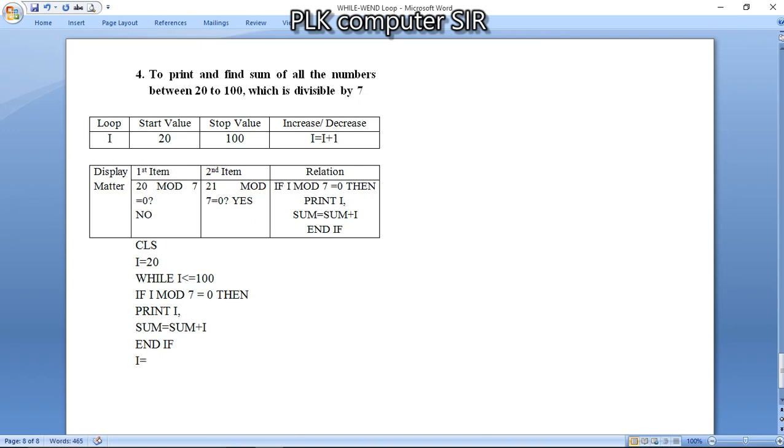Then after the block of code completion, loop counter increased by 1, while condition closed. Now we have to print also sum of these numbers are, answer is our sum, terminating the program by end.